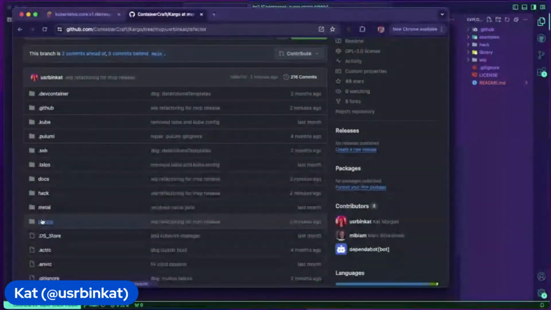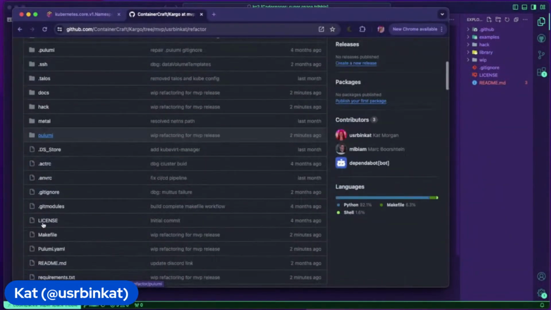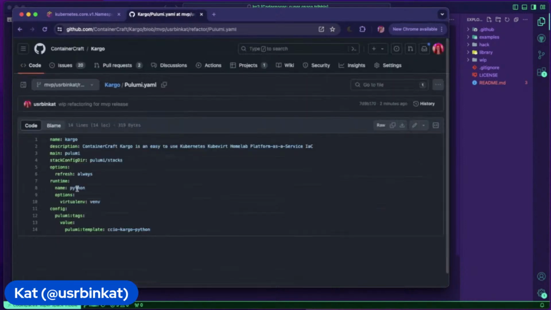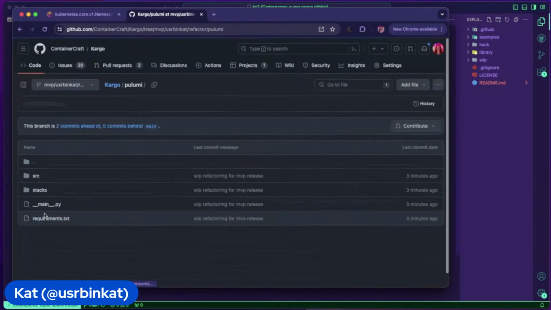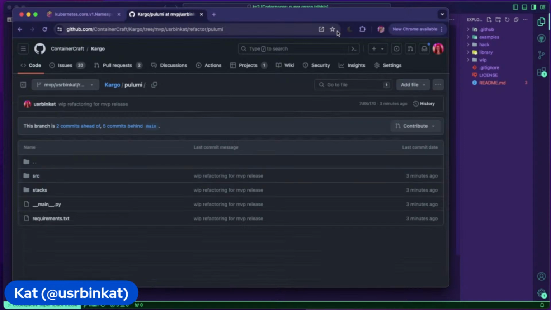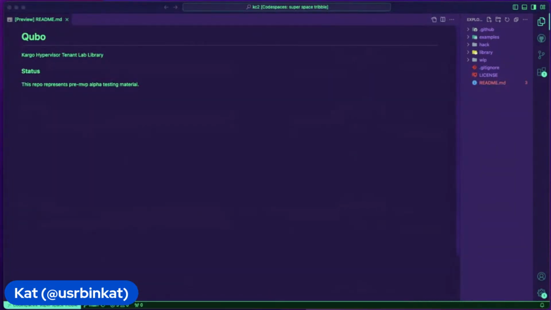Okay, so some of what I actually did on this refactor was lay out the repo a little bit more reasonably. We're going to clean up a lot more of the root level stuff, but the source code starts in the Pulumi directory, and then we keep stacks in a stacks directory in the Pulumi directory. So that helps remove some of the crazies in the top level of the repo. So now, while my codespace is starting up,